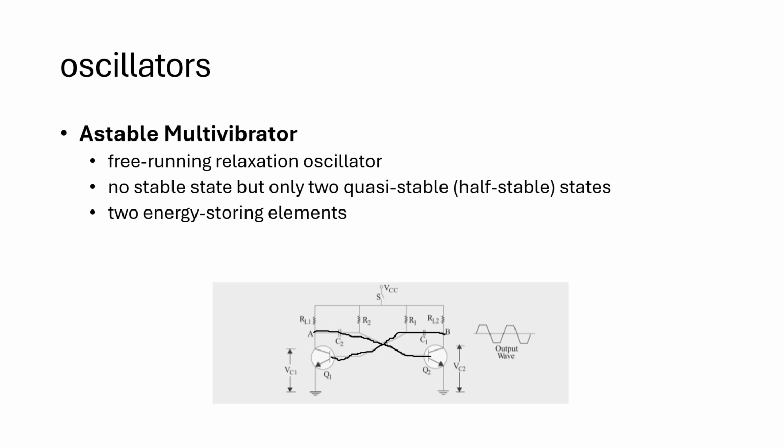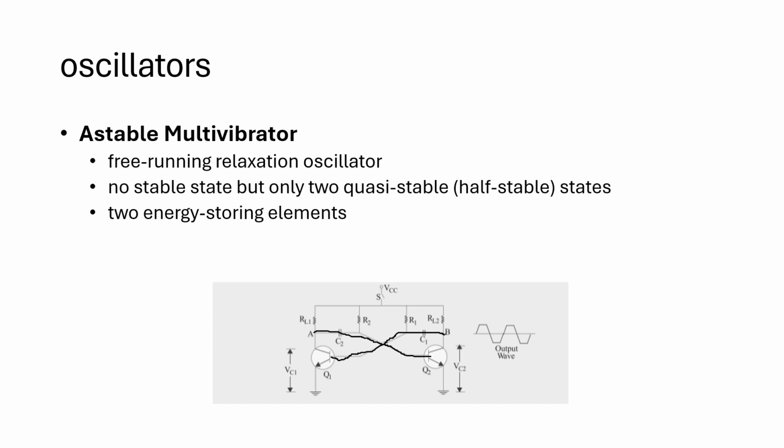Because of the very strong feedback signal, the transistors go either into saturation or into cutoff. So when our Q1 is being forward biased by VCC and R1, this is the connection.